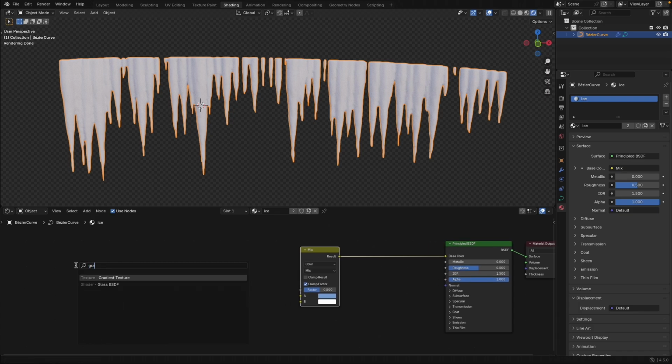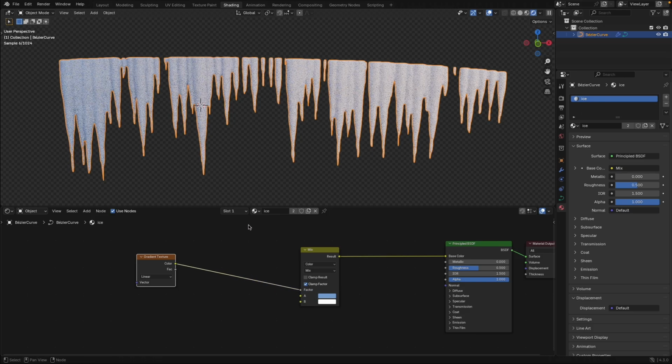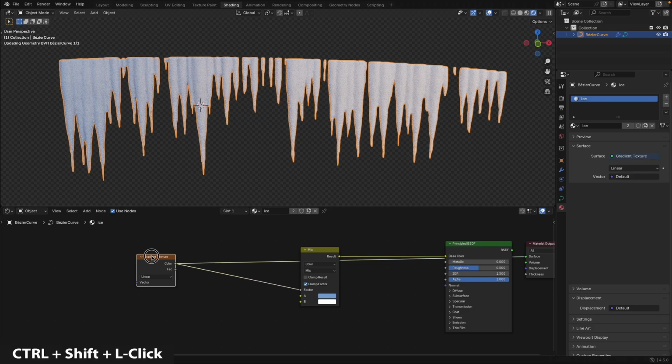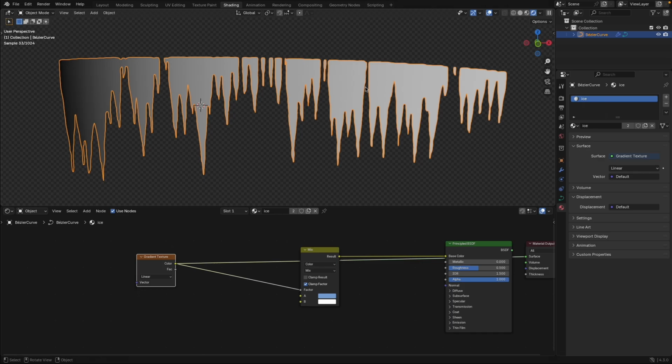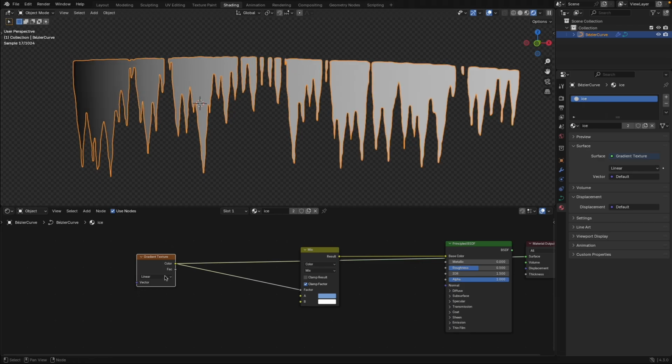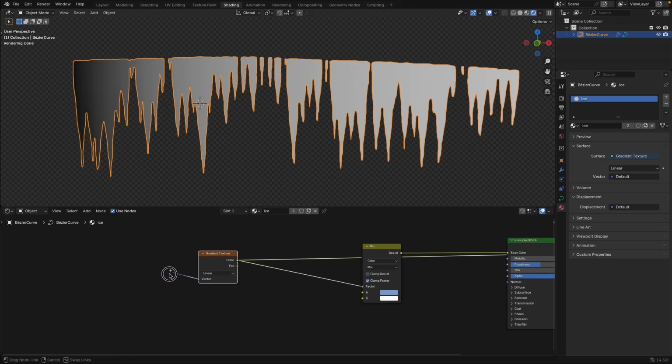And that's pretty simple. We can just drop in a gradient texture node and take the color of that into the factor. And now you can see if we control shift click and view that gradient, it's just going left to right. That's not what we want. We want it going top to bottom. Well, this is a vector input right here. So we can feed this into a texture coordinate node, and using the generated is actually fine